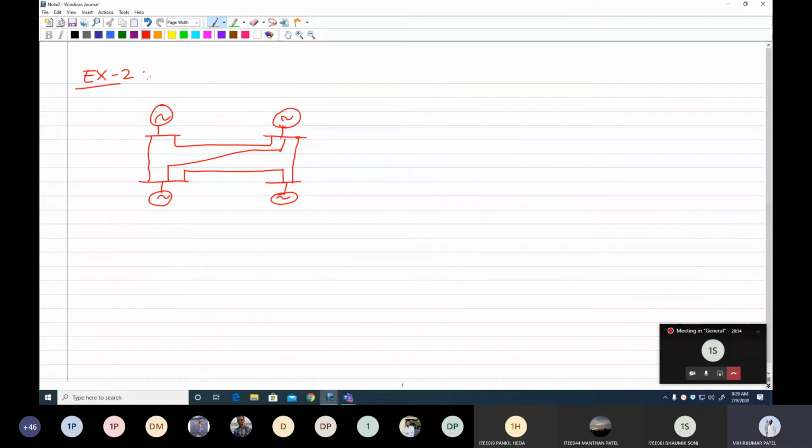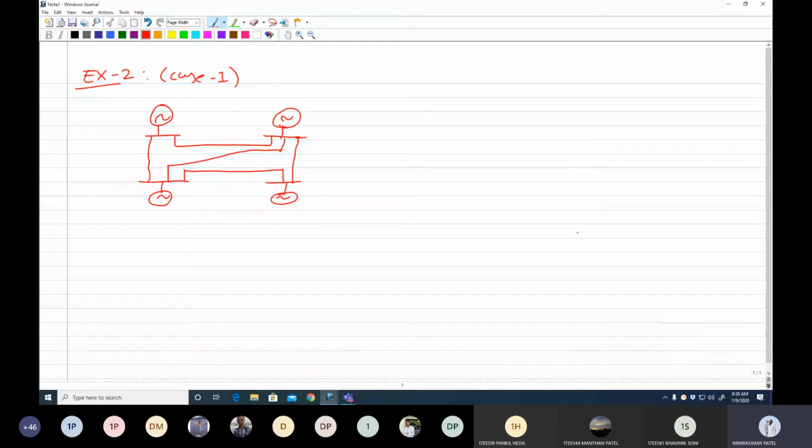Just write down in bracket example based on case 1. We will discuss 4 to 5 or 6 cases, 6 different cases for formulation of bus admittance matrix. So here is a very basic and simple case for formulation of the Y bus matrix. Case number 1, which is a simple case.